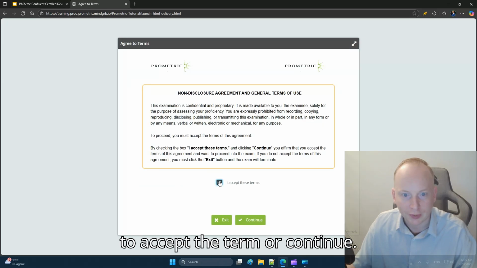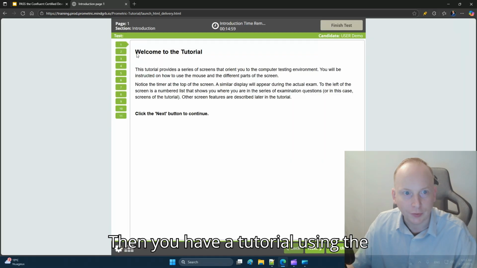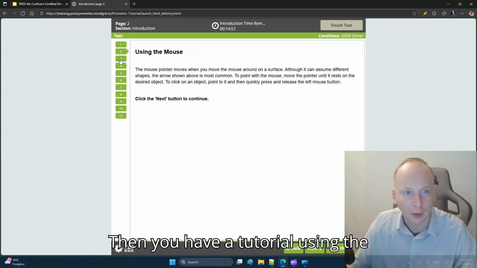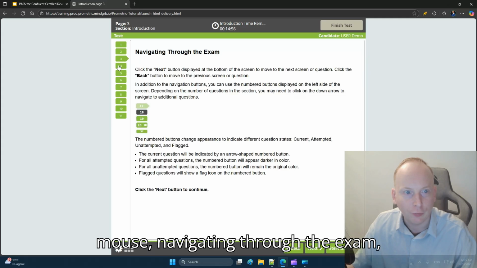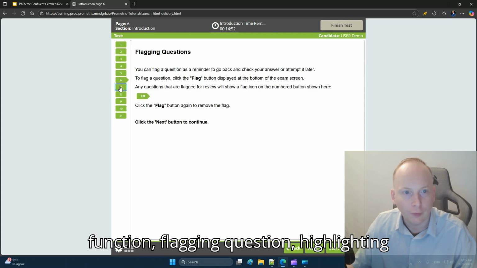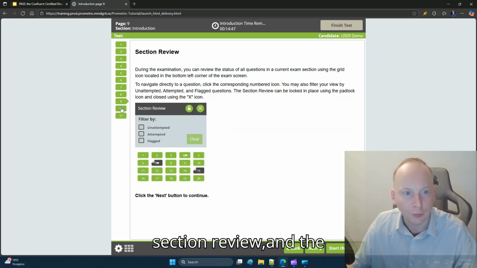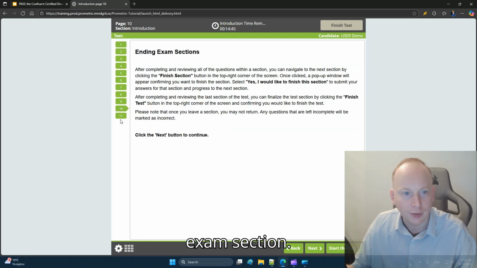You have to accept the terms, continue. Then you have a tutorial covering using the mouse, navigating through the exam, time remaining, using the scroll function, flagging questions, highlighting text, striking out options, section review, and ending the exam section.